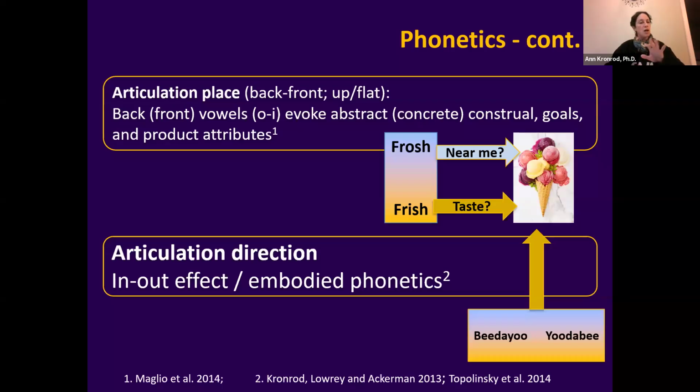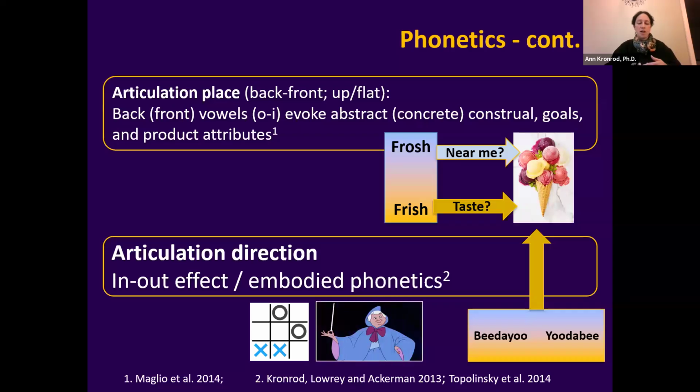I'm going to switch now and jump from phonetics to the next area in linguistics, which is morphology and semantics. But just before that, I wanted to mention a few things that tell us that this order of first E and then U is universal. So this is called tic-tac-toe, E, O, right? E first and then O. The, what's her name?